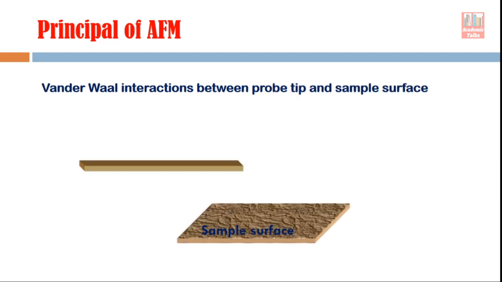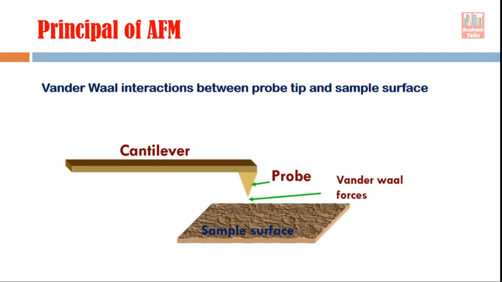Now, you know, van der Waals interactions play a very important role in the AFM because we have to detect van der Waals interactions which are taking place between tip and sample surface. The diagram is like this. So this is a sample which we want to characterize, and this is the tip, or you can say the probe. The tip is very fine here. Now van der Waals interactions are taking place between this tip and the sample surface. This gap is very small. In this diagram the gap looks significant, but practically this gap is very small. It is of the order of a few angstroms.